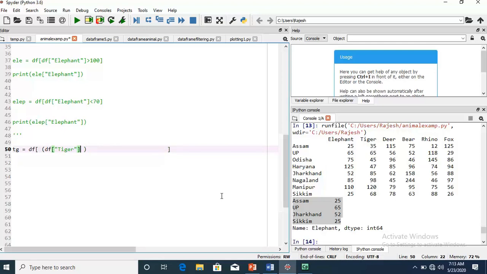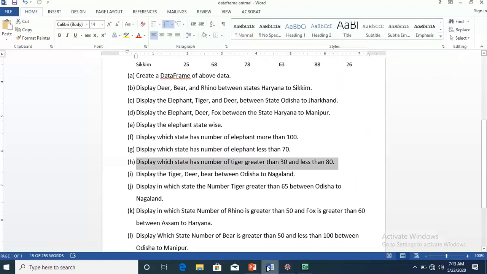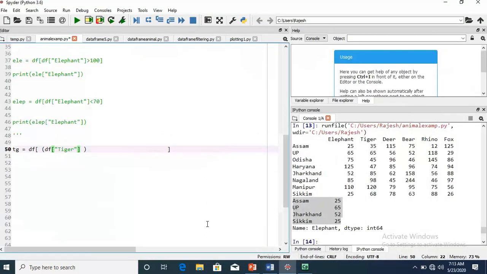Here tiger is greater than 30. This is 30.